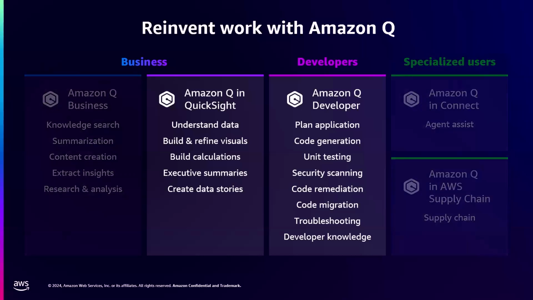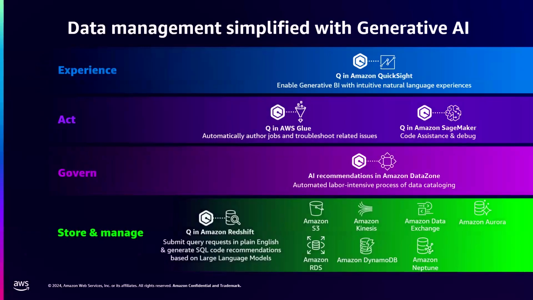That's actually pretty interesting because with Amazon Q Developer, you can do a lot of things like writing code, security scanning, migration, troubleshooting. So one of the points we really want to drive home is that we view generative AI as a way to assist humans with work, not replace them, right? So we are looking at accelerating all of these actions